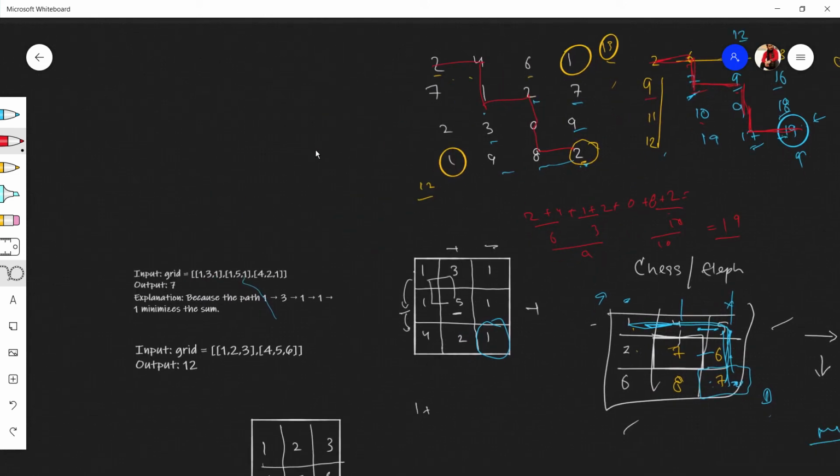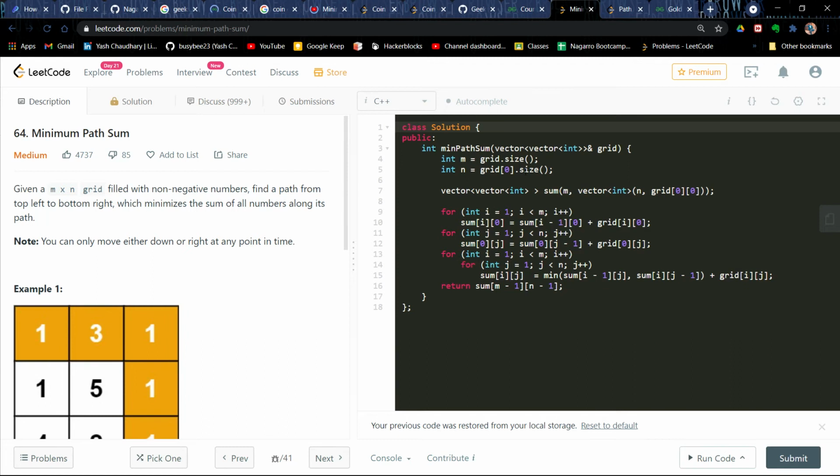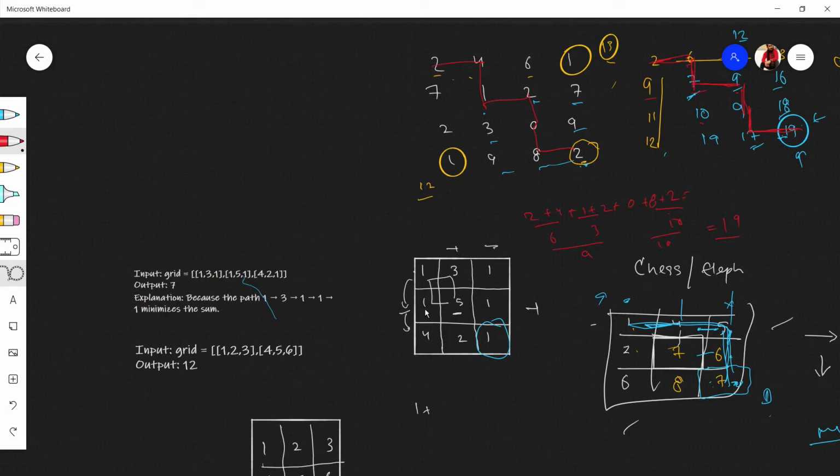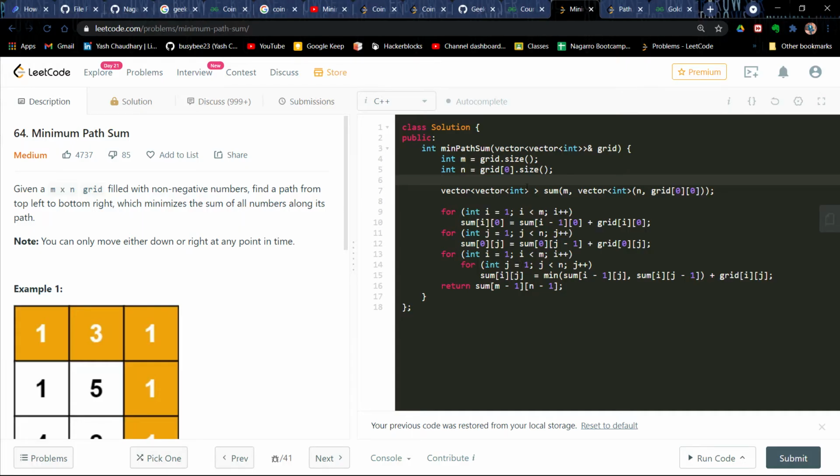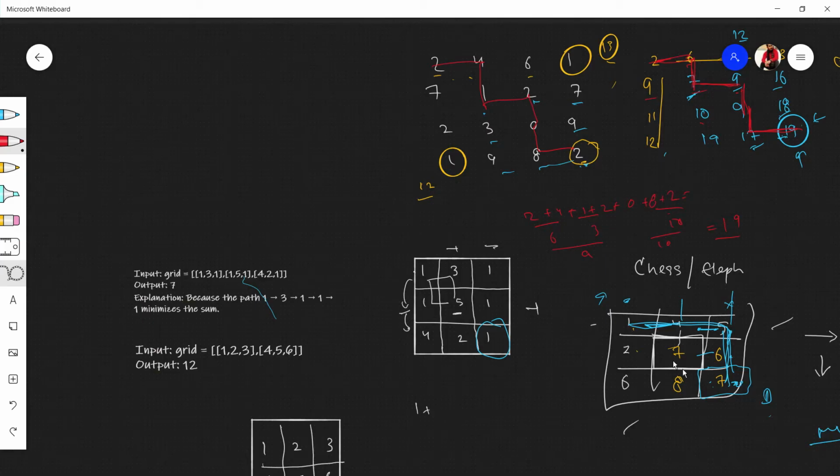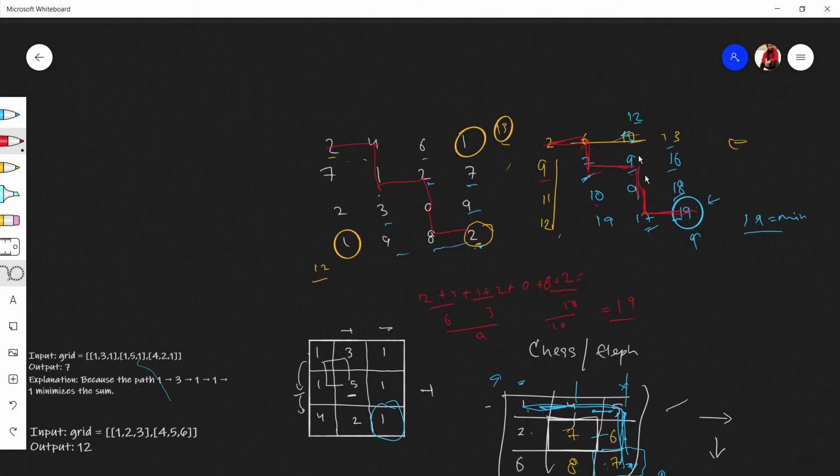And here comes the code. The same thing, finding m and n in this grid we were provided. So finding row and column length. This will be n, and you can alter this according to you. m should be the length of rows, n should be this, and then you can alter this. This is the vector which we have declared. This is the dp thing which we have declared.